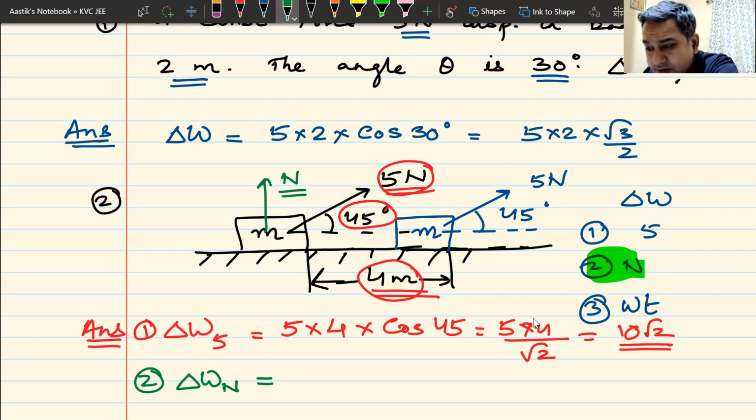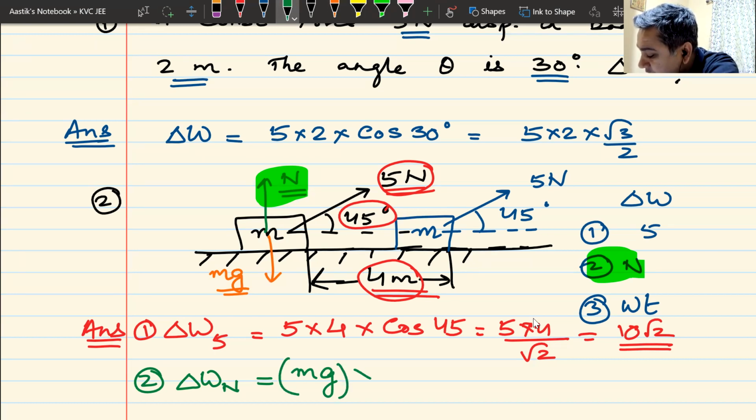Work done by normal reaction. To find the work done by normal reaction, what we have to do is find the value of normal reaction. How much will be the normal reaction? You have to find the weight of the body. The weight of the body is mg. Mg and normal reaction are equating each other, so the value of normal reaction will be mg. So I'll write it as mg